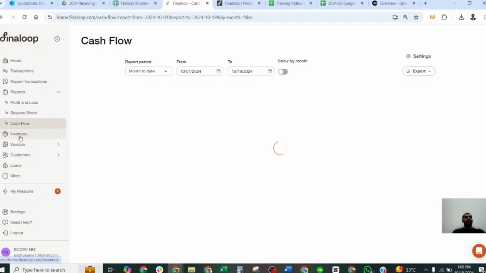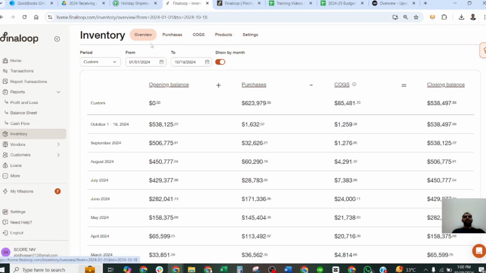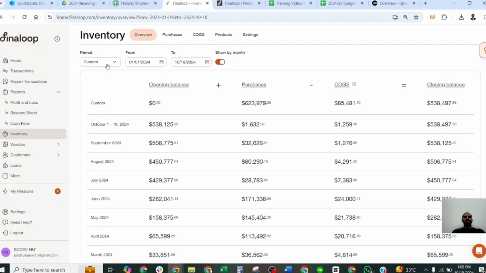Okay, the next is the inventory. Here this is the inventory section, and here is the overview of the inventory. Here are the period from and to date, show by month, and there are 5 tabs. This is the overview. It is showing the opening balances, purchases, cost of goods sold, and the closing balances. So you may just change the